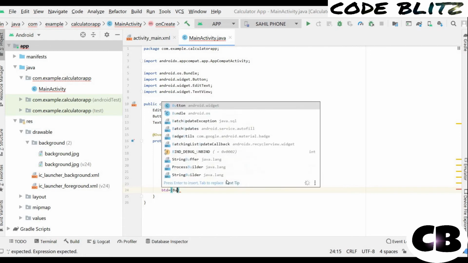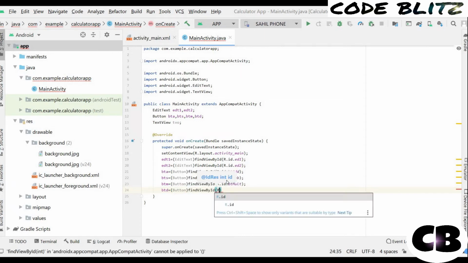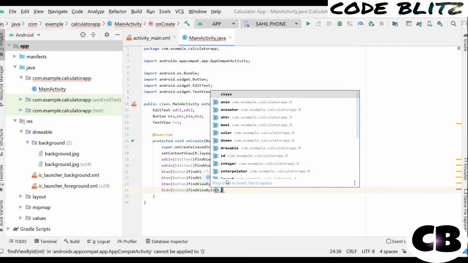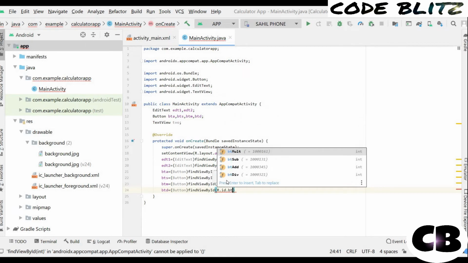I know it is a lengthy process, but it is important. If you don't use this method, you cannot access your views in the Java file. So r dot id dot btd,